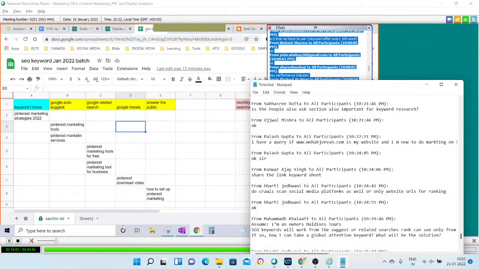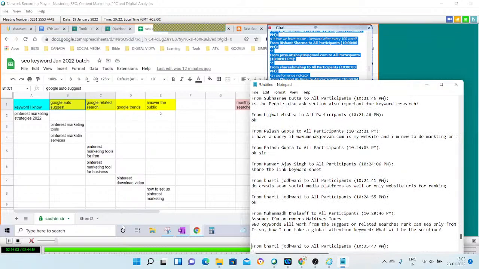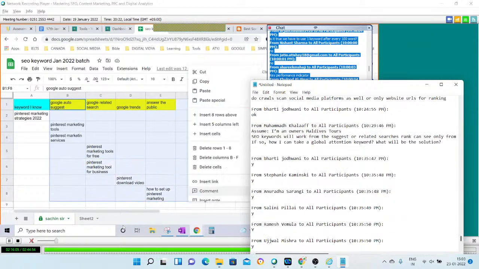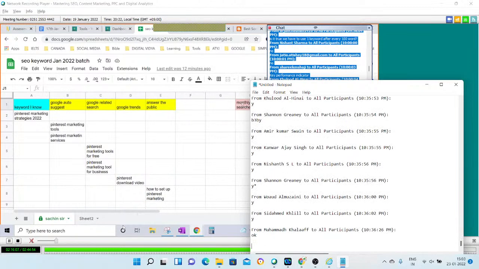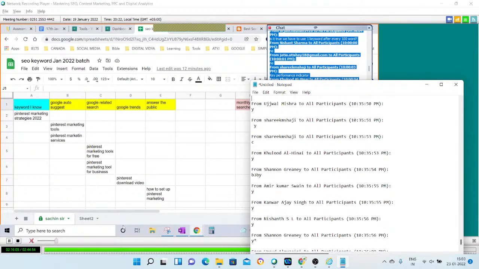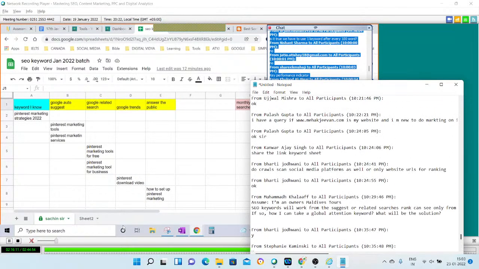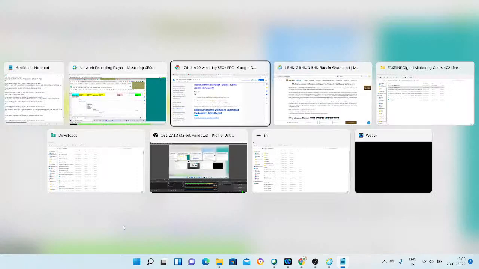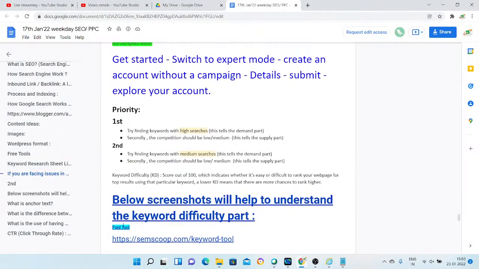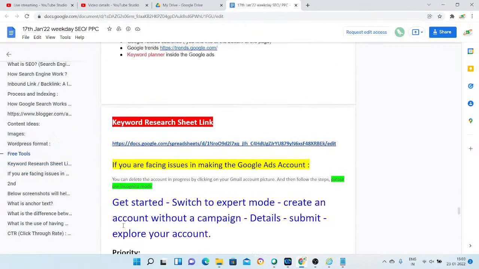So once the first part is clear to everyone, and once they are able to get all the sources in one place, then we're going to see the tools from where we'll get the numbers. What is the monthly search? What is the difficulty? What is the index value? What is the PA? And then we're going to finalize the keywords. So there you will be able to do the comparative analysis very easily. But the one you just told me, in Google Trends also, it's possible you can do it from there as well.